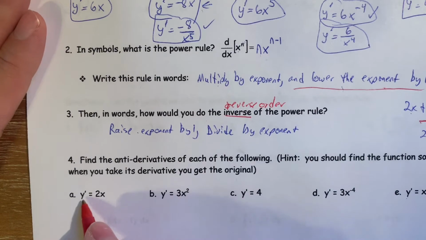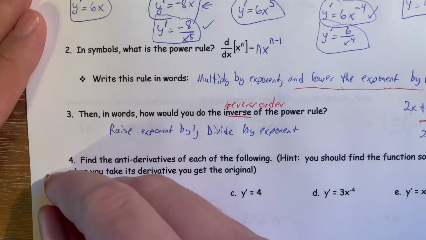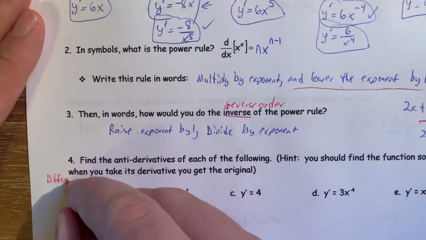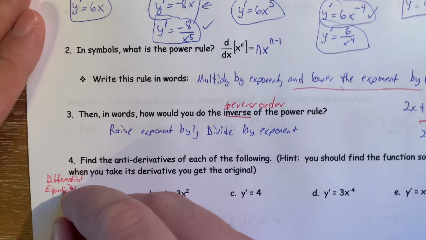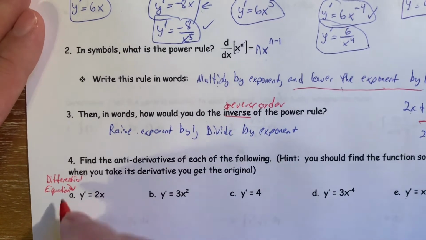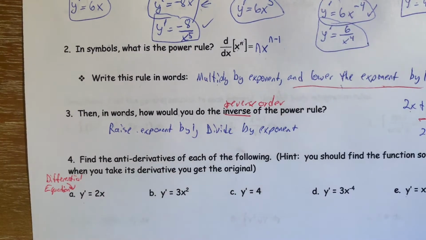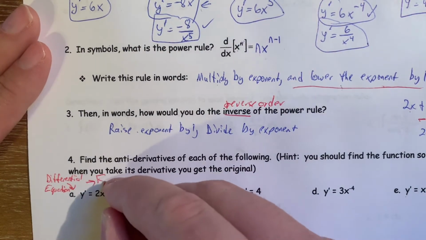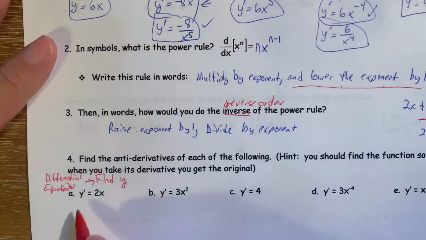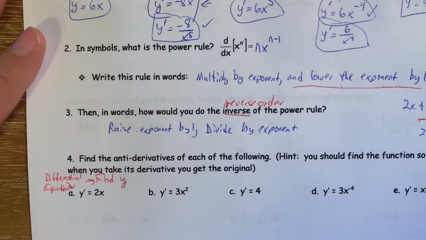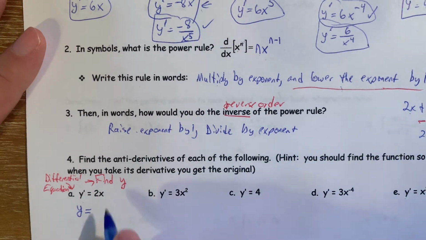Here, this is the derivative. It starts with y prime equals. This is actually a type of differential equation, which just means that it tells you what the derivative is equal to, and you need to find what the original function is. So find y. You need to find the original function. So if this is the derivative, then to undo it, to do the antiderivative, now it will be y equals,